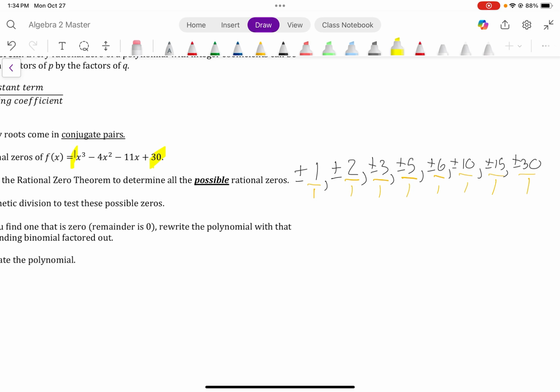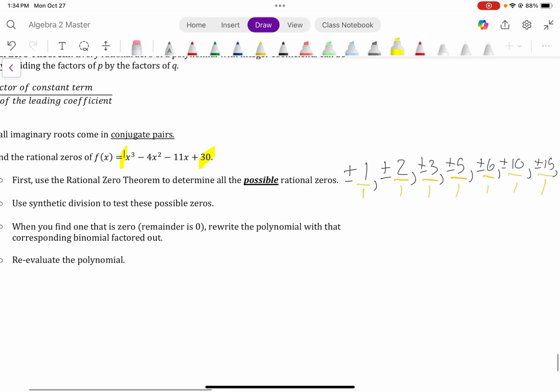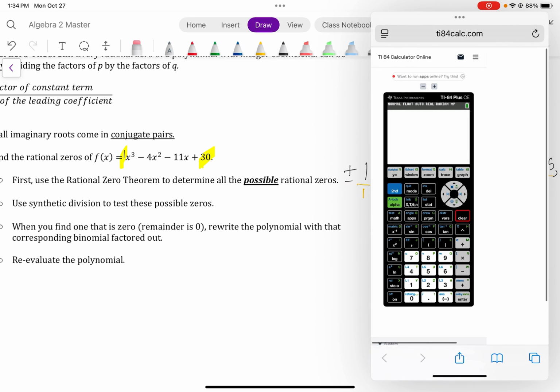Now, what this tells me is there's 1, 2, 3, 4, 5, 6, 7, 8 different things I could try in my synthetic division. I could just start guessing and hope for the best to find one that's a remainder of 0. Or I can be a little bit more strategic about it if I'm allowed to use my calculator. If I'm not allowed to use my calculator, you just got to pick one and go for it. If you are allowed to use your calculator, what you're going to want to do is go to your y equals, and you're going to put this function,